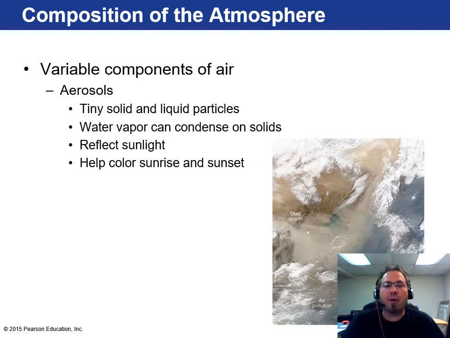Another variable component of air is what we call aerosols. Now, when you think of aerosol, you think of spraying a can, and that's sort of this idea is that you have these tiny little solid or liquid particles. You could almost think of it like dust or sand or whatever it is that gets caught in the air, and then water vapor can condense on these and create things like dust storms and all kinds of weird phenomena. As you can see in the image, I'm looking at my other monitor here. That's off the coast of China. So they have these huge dust storms, and unfortunately, Japan kind of gets nailed with all this stuff, and so does Korea to a certain extent.